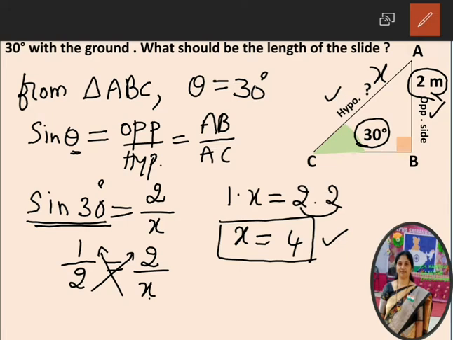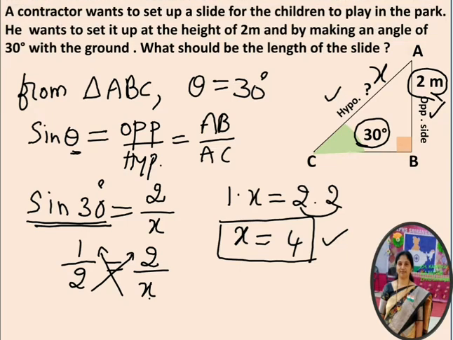Okay. So this is the procedure. We have to read the concept, and we have to imagine the concept. After that we have to draw a suitable diagram for this, and after drawing the diagram we have to name the sides. Which values are given and which side is asked, that is important. So we have to name the sides, and we have to choose a probable trigonometric ratio suitable to solve this problem. Here sin theta is suitable, so I am considering the sin theta ratio, and after that substitute the given values. Then you will get the required value.